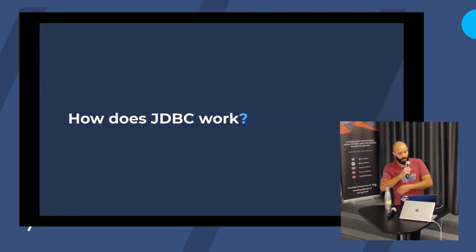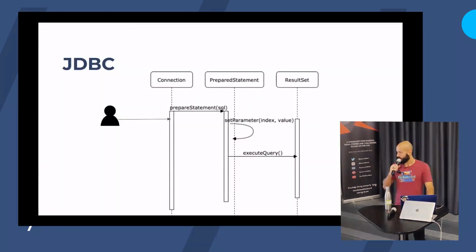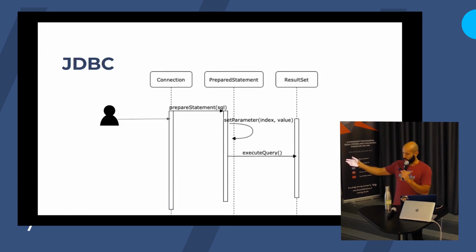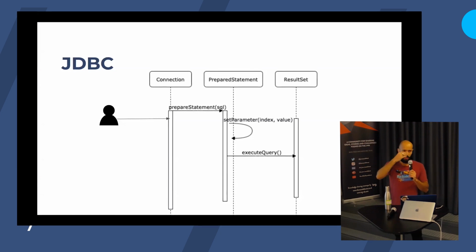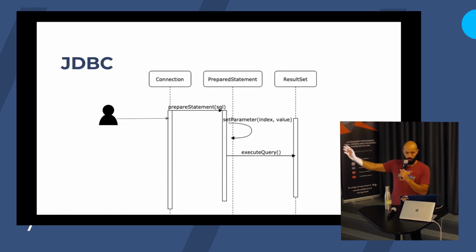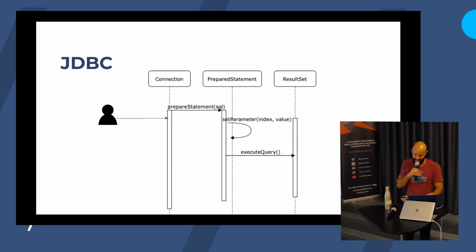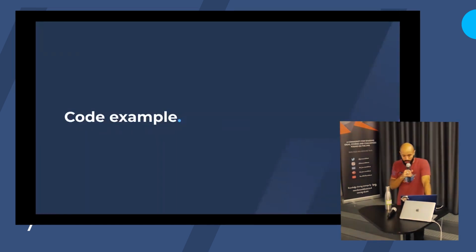So the first thing was, okay, we'll build a database driver. Let's have a look at what we already have. So let's see how JDBC works. And in a very, very simplified way, that's what JDBC does, right? As a developer, you build a connection. I'm skipping most of that, but you know that's the basic of the thing, right? You build a connection, you prepare the statement, set some parameters, execute a query. It's very simple, right? I mean, who couldn't build that? It's so simple. And then I started digging to figure out how to do it.